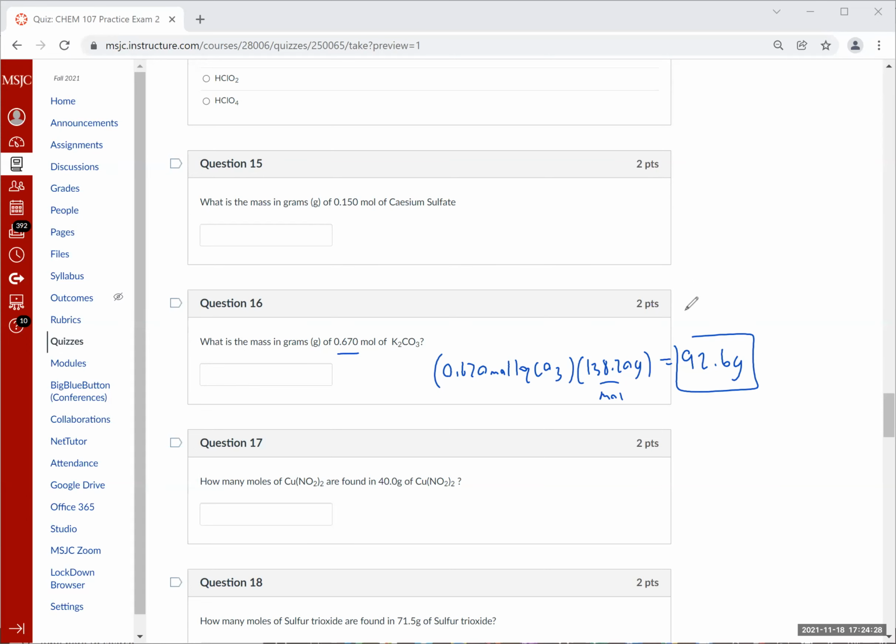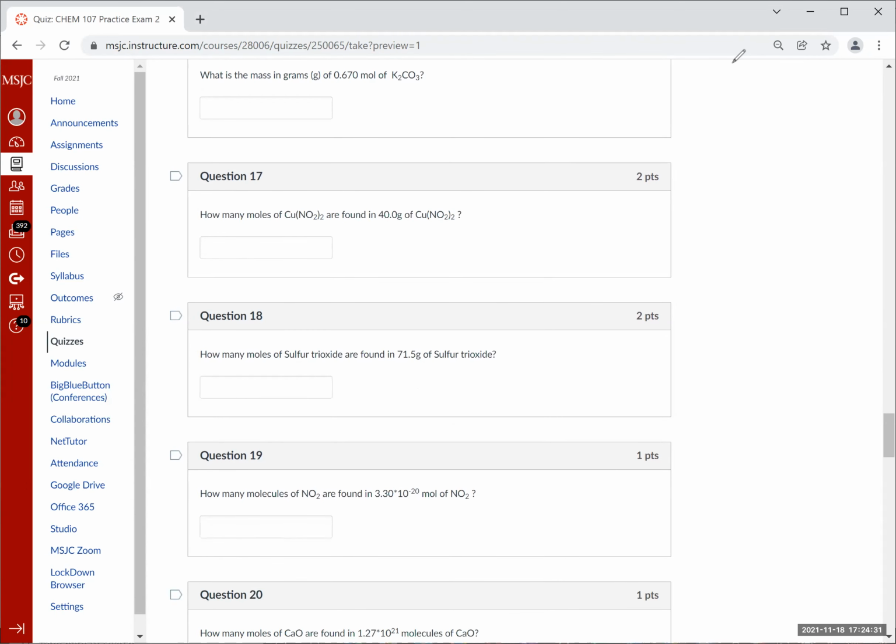Okay, now let's do an example of mass to mole conversions. We're asked how many moles of copper 2 nitrite are found in 40 grams of copper 2 nitrite. So if we have 40 grams of copper 2 nitrite, we know we have 63.5 grams from the copper, 14 grams from nitrogen. We have 2 nitrogens. 16 grams from oxygen, we have 4 oxygens. So adding this up, I got a molar mass of